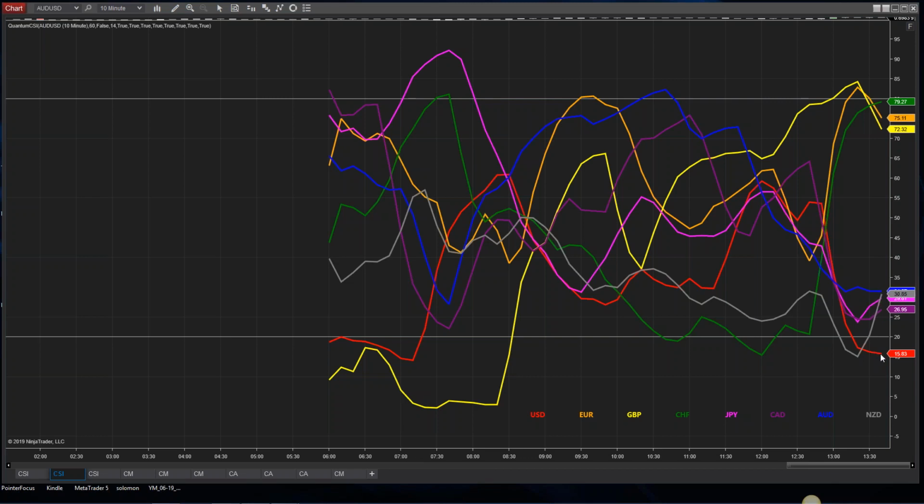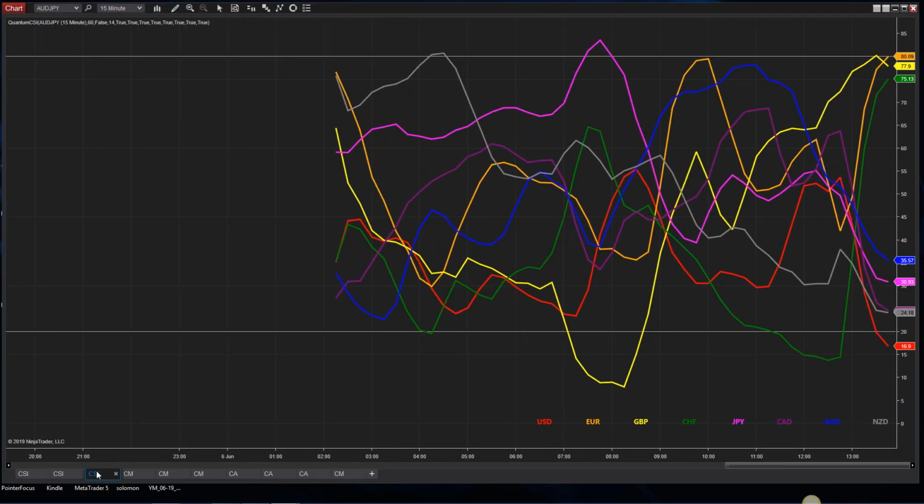Certainly look at the dollar. That could be the dollar match to get any of these up here. And up onto 15, let's see what we've got. It's all starting to develop along the same lines. When you get this really nice divergence, where you've got a bunch at the top and a bunch at the bottom, it really is a question of trying to pick out the pair which you think will deliver